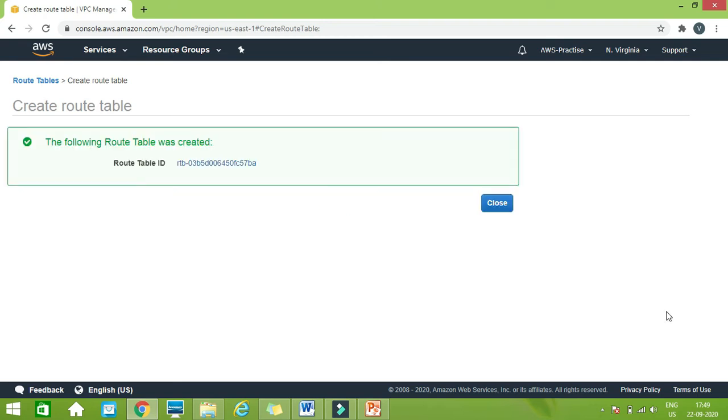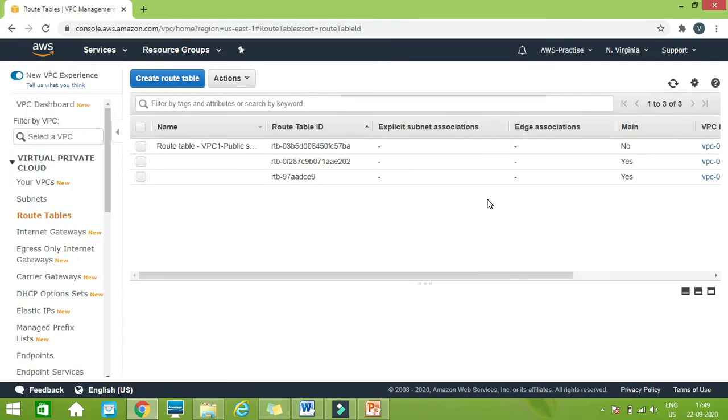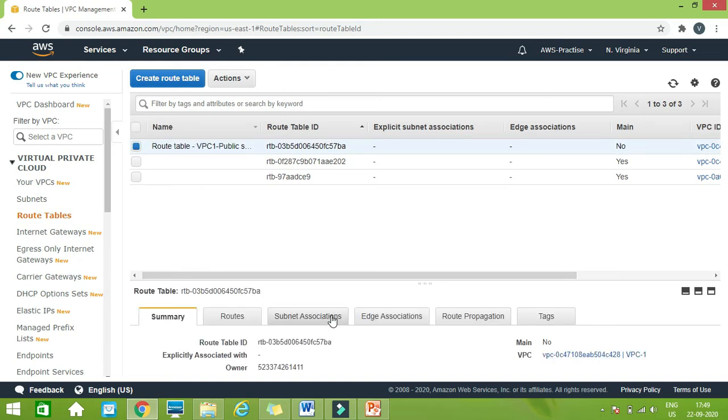The table has been created now. Close. Now you can just go to the routing table and see the properties here. So now we have created one routing table which exists inside the VPC1. Now we need to associate this routing table with the subnet that we have created.